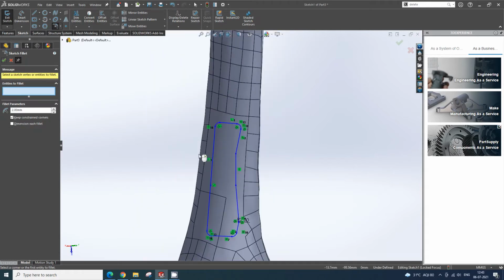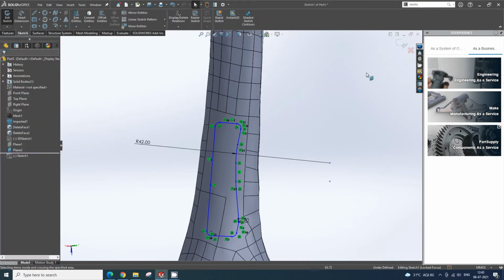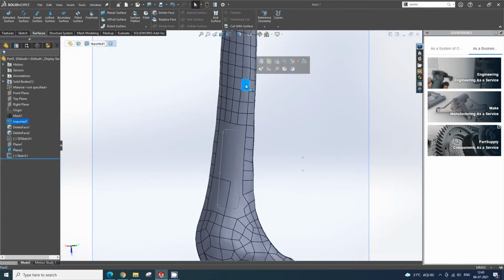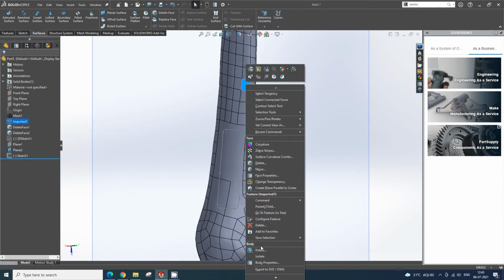Click OK. So now I want to use a surface command, but if you see on the left side in the feature tree, it is completely a solid. So I'll delete this face.